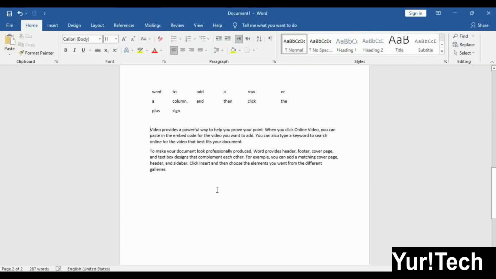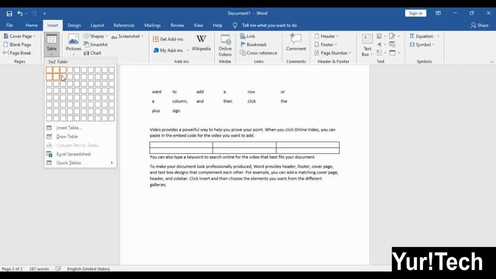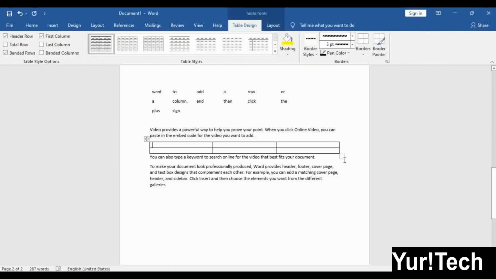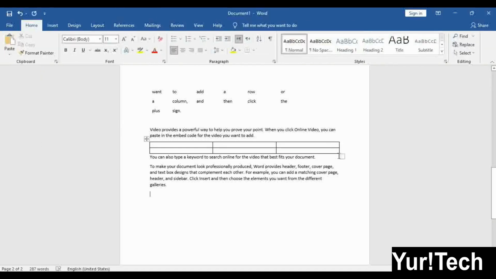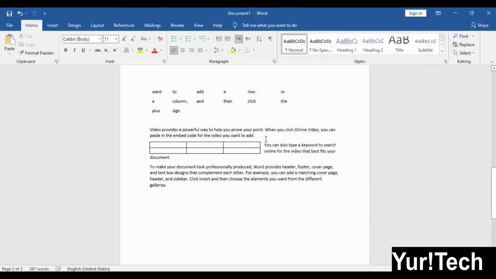Like, I delete this, my cursor is here, now I want a table here, so I put my cursor here, then I come to the insert menu, table, and I draw this table. Now I will resize this. Now you can see that the sentence came down here, but I want this sentence around this table. Then select your table, come to layout, properties, and here you can choose around table. Now you can see you got text here.